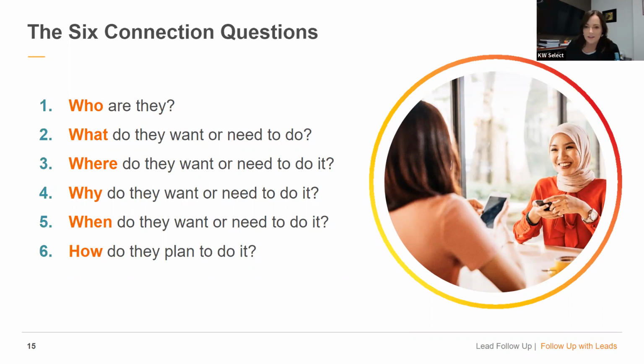Okay, so make sure to document these conversations and their outcomes in your database. We'll look at how to do that at the end. Keeping a strong, documented record of the communication will help you know how to move that relationship forward. You have so much going on all the time. You're in so many different places at once. So make sure to write some notes about what you've talked about so that you don't miss any of those details or forget them as time goes on. Some of these people might be looking to buy or sell a year from now. A year from now, are you going to remember the little tiny details they gave you over the phone? If not, then you probably should be writing it down.